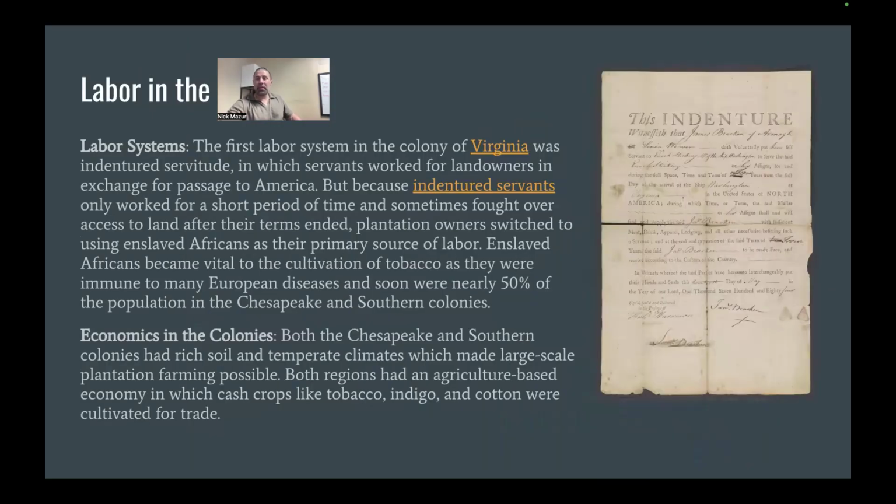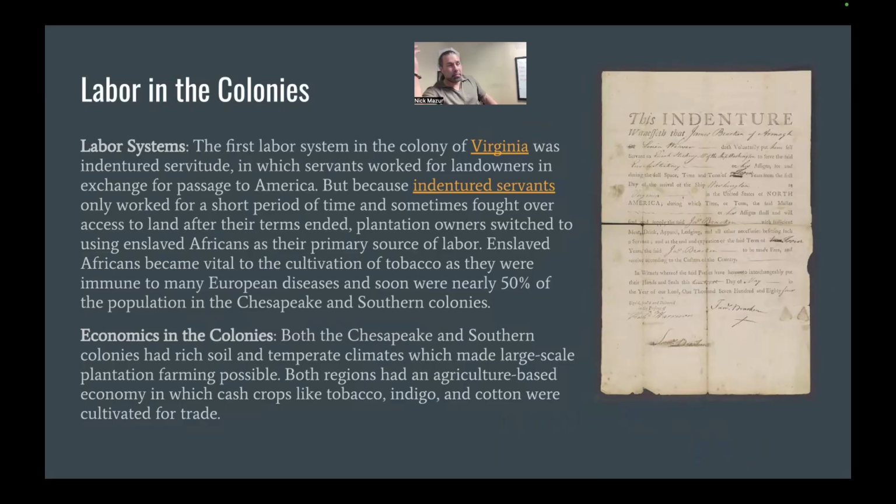So when we think about the colonies, right, we think about what's being developed off the coast of West Africa. We see what is developing in the Spanish and Portuguese held territories, how they're thinking about labor. Who can do what? What can we do? We want to think about the labor that happens in the United States. And I'm going to fly through this kind of quickly. But there's basically three forms of labor that they try in the United States. One of the first forms of labor that they try, as they tried in the areas controlled, conquered, if you will, by Spain and Portugal, was the natives. Okay, there are people that are already there.